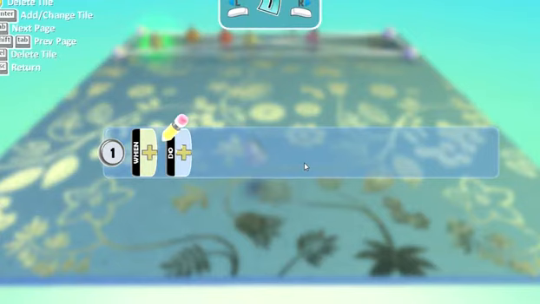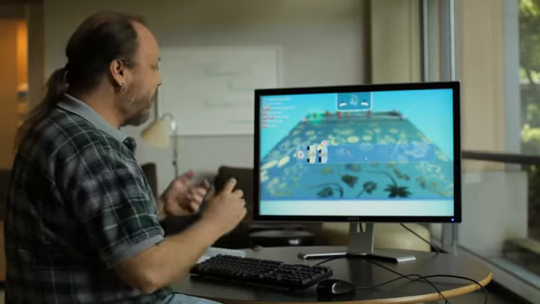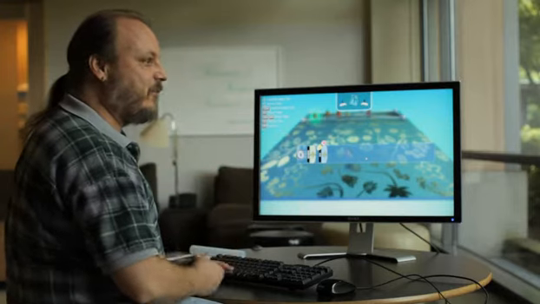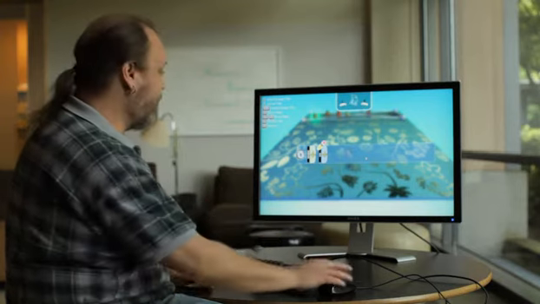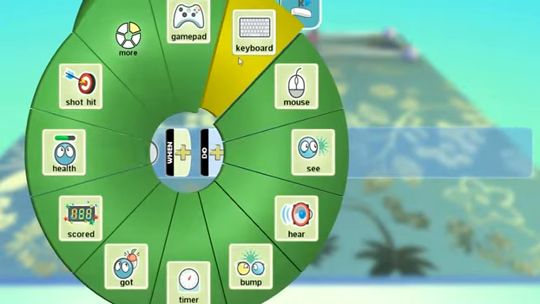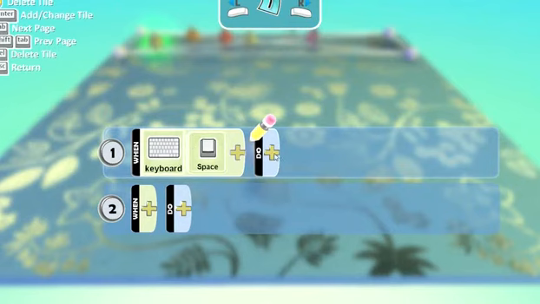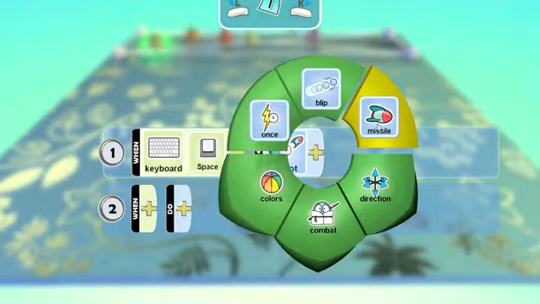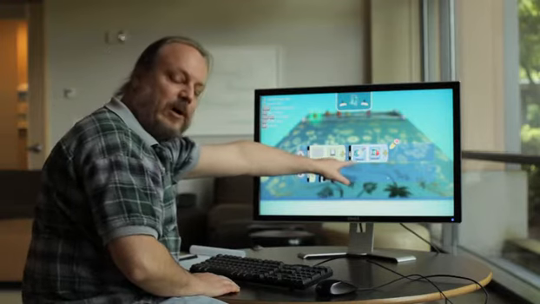The programming for Kodu is a series of rules that you create that tell the character what to do. And the rules are always in the same format. There's a when side and a do side. So when this happens, I want you to do that. And in this case, we're going to be programming the Kodu to shoot when I hit the space bar on the keyboard. So I'll say, well, when keyboard and space bar, what I want him to do is then shoot, and we'll have him shoot a missile. So there we have it. That rule says when the space bar on the keyboard is hit, what I want you to do is shoot